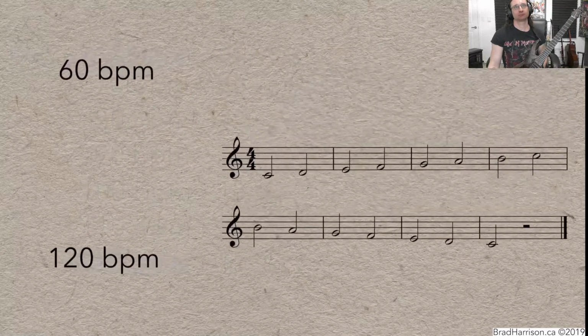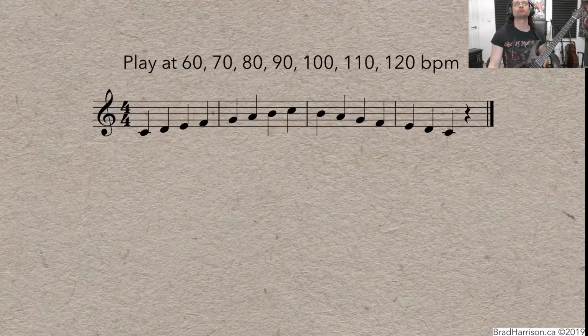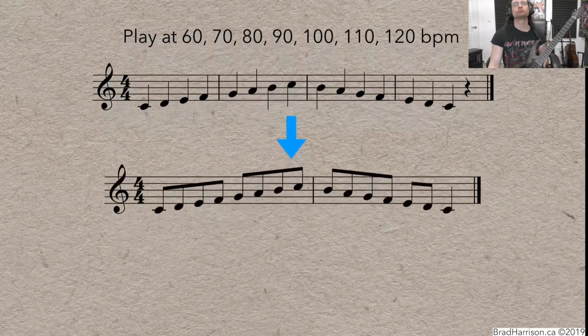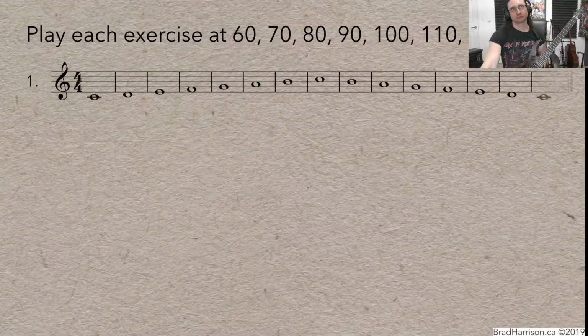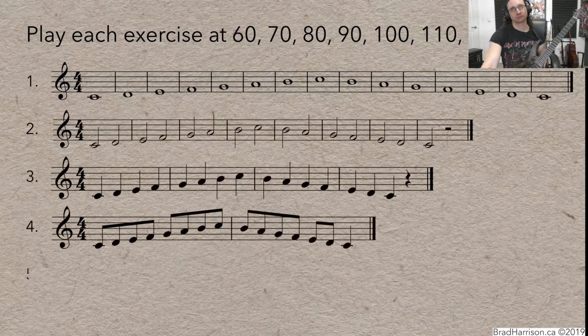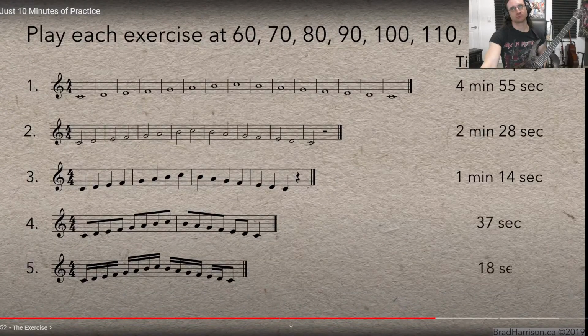Just like before, half notes at 120 beats per minute is basically the same as quarter notes at 60 beats per minute. So, we switch to quarter notes and continue the same pattern as before. Then, repeat it again with 8th notes, and again with 16th notes. And that's the whole exercise. If you're able to complete this entire set of exercises, you'll have played the scale 35 times and exponentially increased your tempo by doubling it 5 times. That works out to 32 times faster than the original tempo, also known as 3,200%, all in less than...